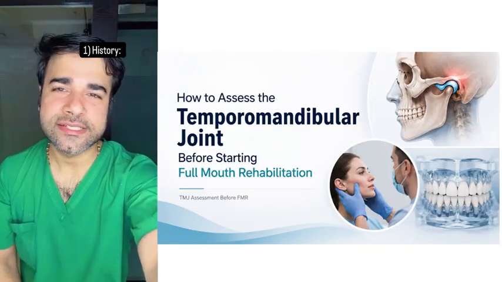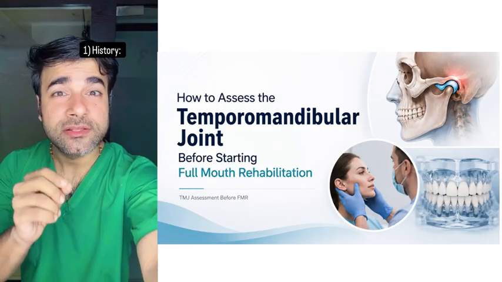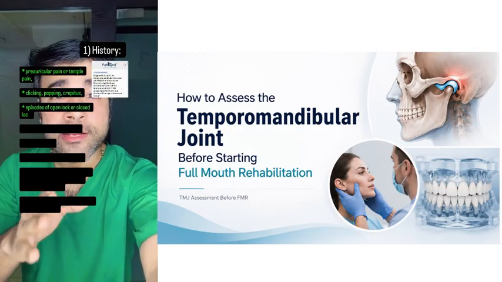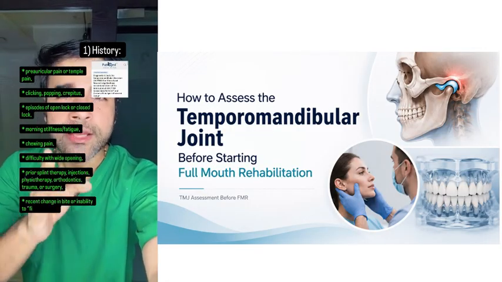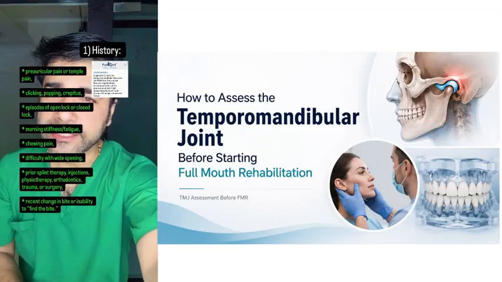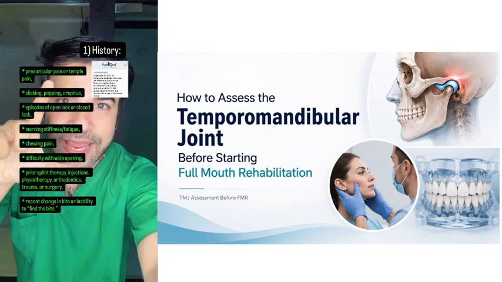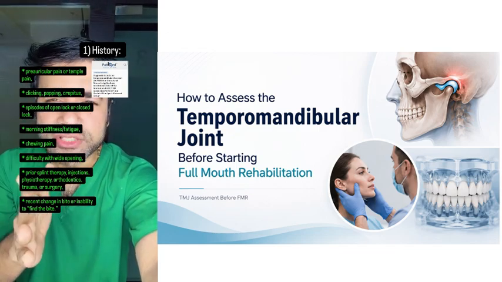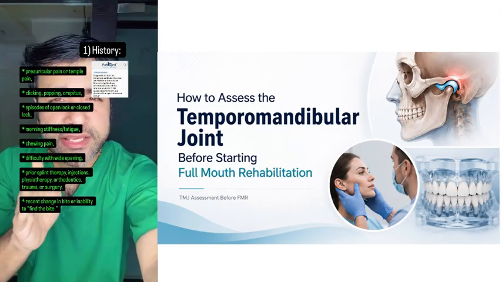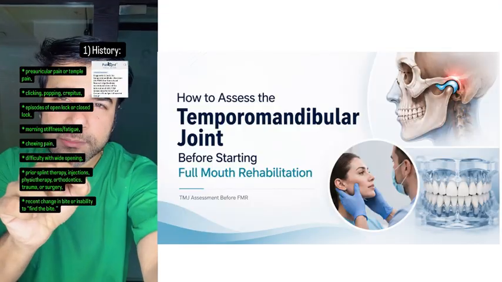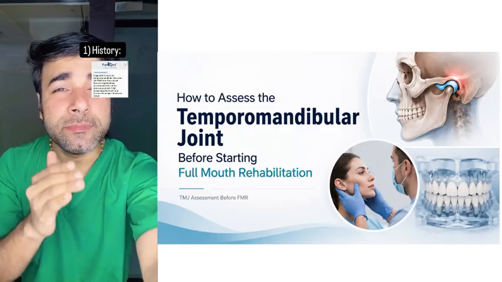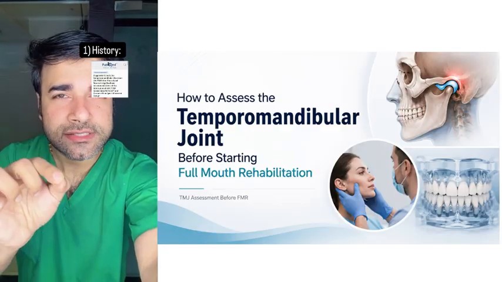History. The most important first step. Before touching the articulator, clarify whether the patient has a current or a previous TMD history. Ask about preauricular pain or temple pain, clicking, popping, crepitus, episodes of open lock or closed lock, morning stiffness or fatigue, chewing pain, difficulty with wide opening, prior splint therapy, injections, physiotherapy, orthodontics, trauma or surgery, recent change in bite or inability to find the bite. This is the foundation of the DC-TMD pain history approach,